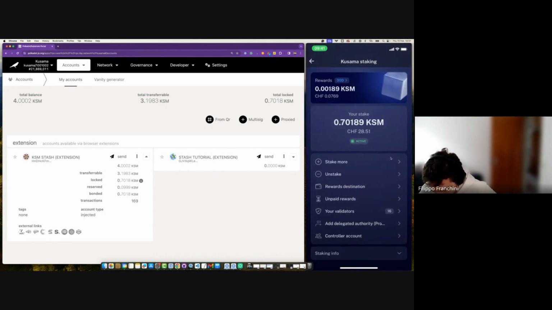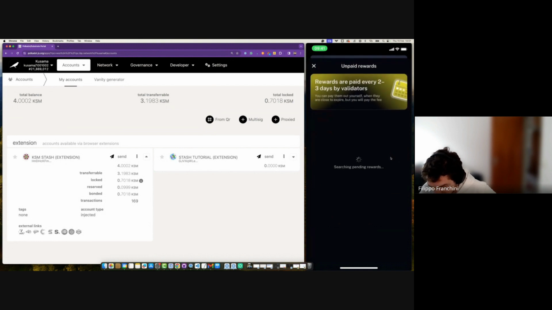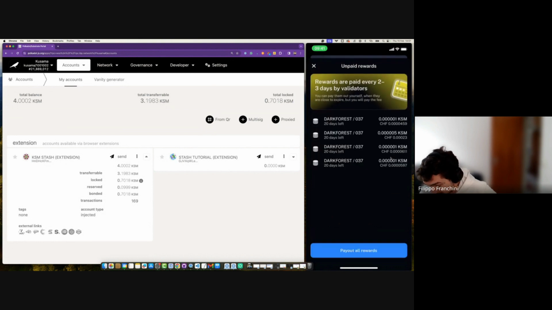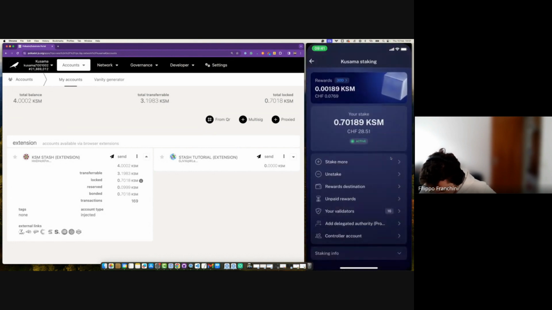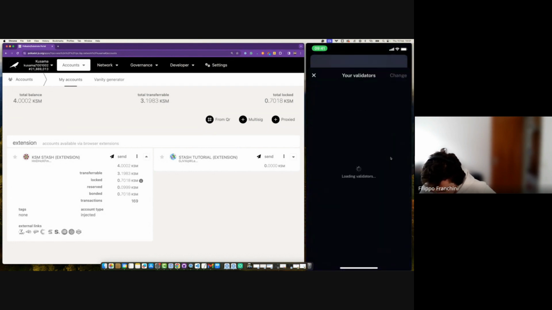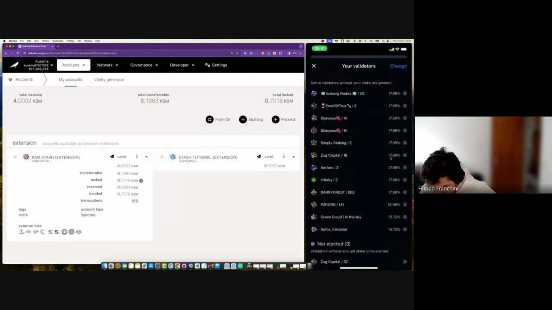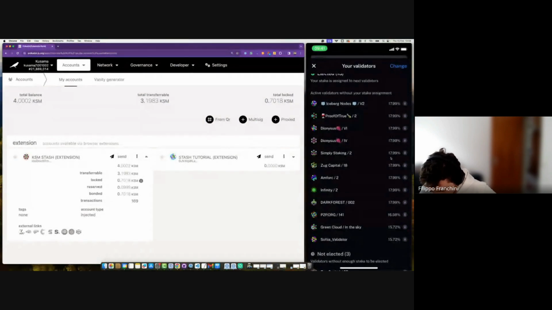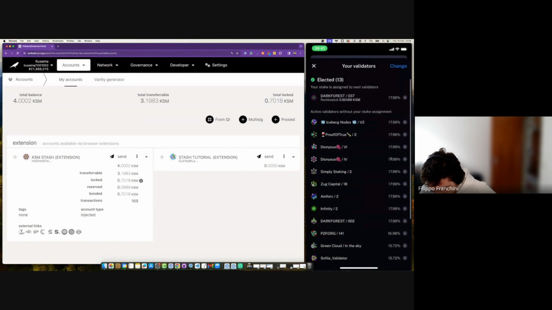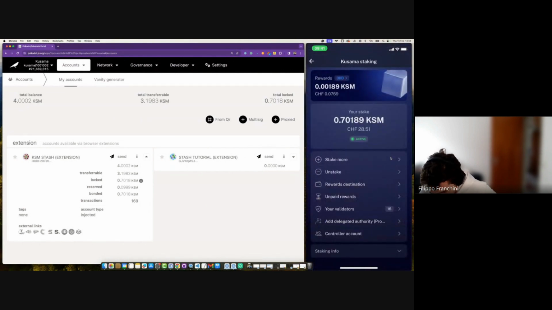If you have unpaid rewards, it scans if there are any unpaid rewards. Here I can see I have some unpaid rewards. And then your validators: I can see here my validators that are active, and all the others are ones that my stake is not with today, which is also very helpful. Controller account: this controller account will probably be removed